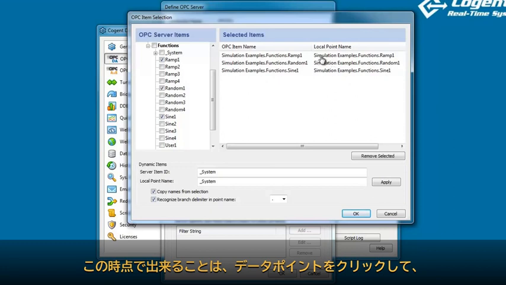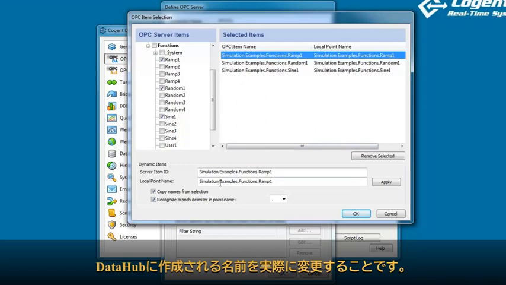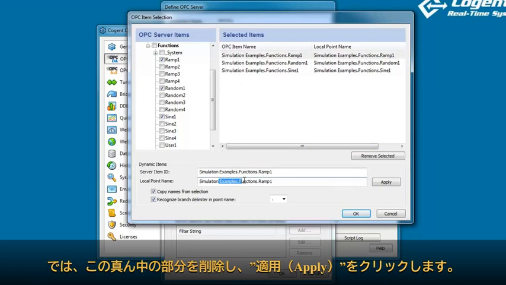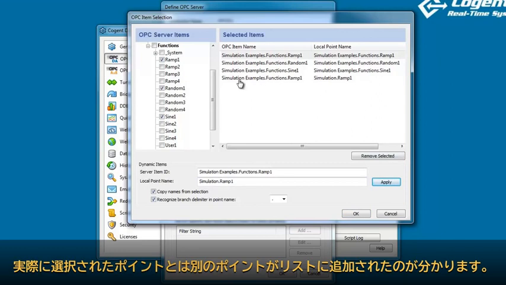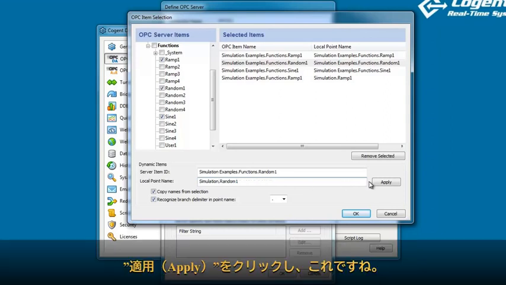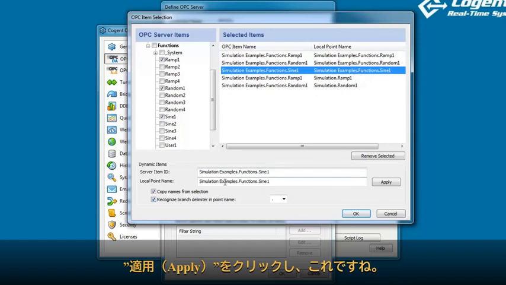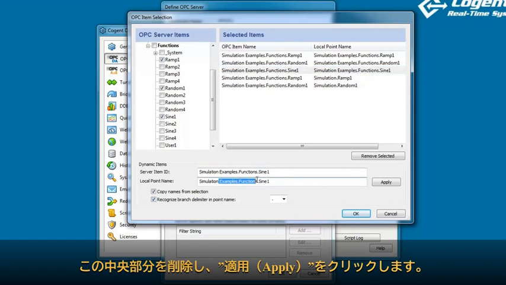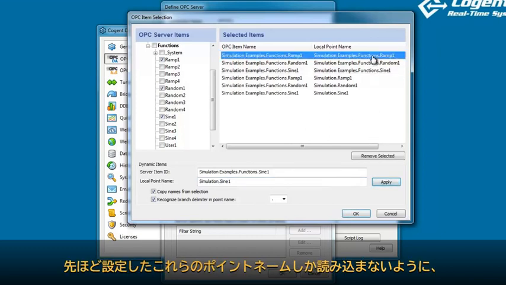Now what you can do at this point is click on the data point and actually change the name that will be created in the Data Hub. So I'm going to just remove this middle part and press Apply. You see it actually adds another selected point to the list, but I'm going to make the same change to these other points, and then I'll show you what this is doing. Press Apply, and this one, I'm going to remove this centerpiece as well, and press Apply,